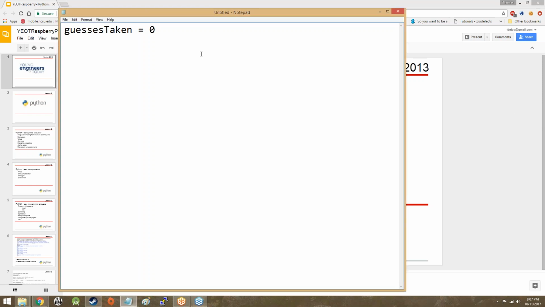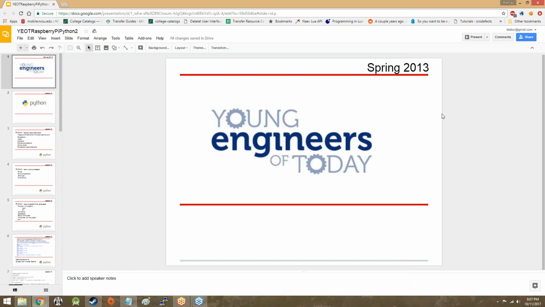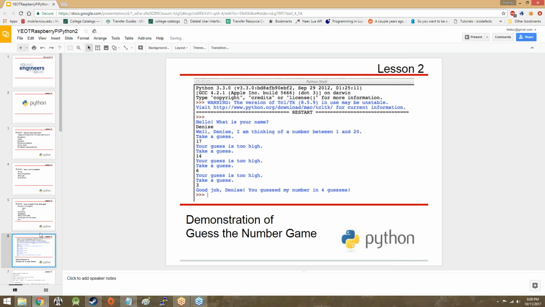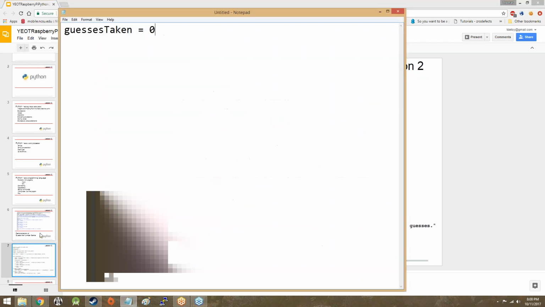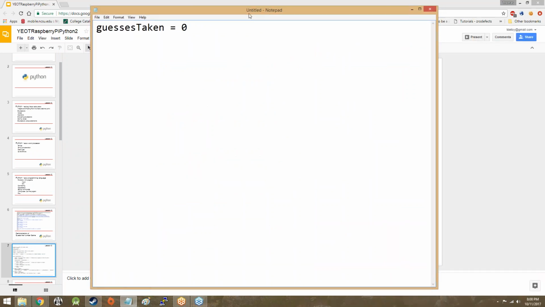All right, well, the statement's pretty straightforward. It's just guesses taken with a capital T, all one word, set equal to 0. So at least that. But that's going to be our starting point for this program. Next, I'm going to just drop down here so that I have the source code. So guesses taken, and then